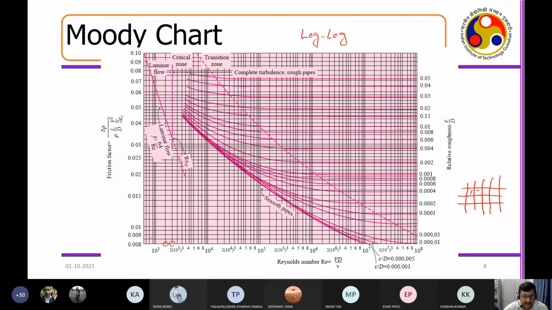Let us start from here. Now there is a problem here. They might have mixed this up. So let us start from here. So this is 10 to the power 4, right? So this is 1, 2, 3, 4, 5, 6, 7, 8. What is happening here? So there will be 10 divisions now. So it is written here that this one is 2 into 10 to the power 4. This one is 3 into 10 to the power 4. This one is 4 into 10 to the power 4.